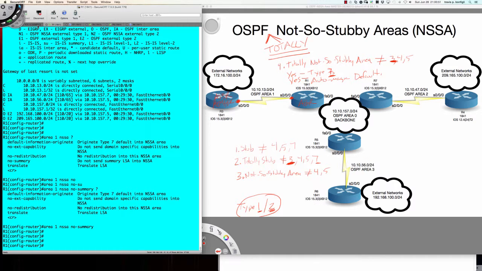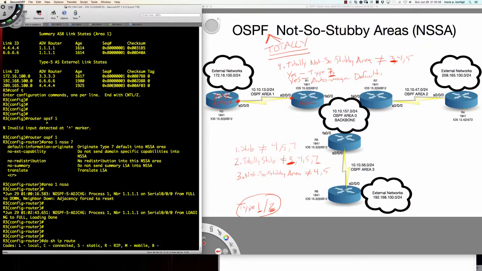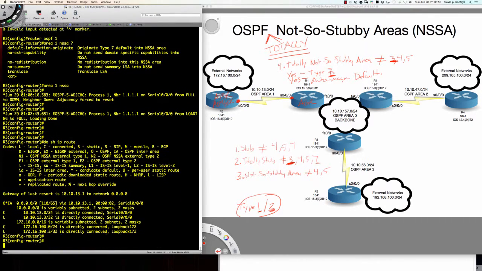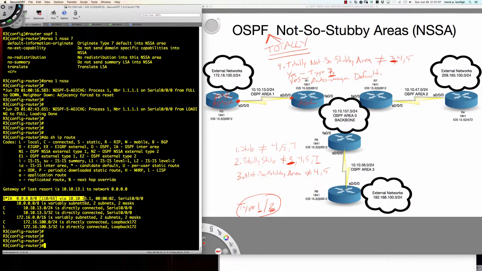And then we're going to see that the adjacency is going to come back up, and there we go. So now if I say do show IP route, let's see what we see here in our routing table. And take a look at that. So we have a totally not so stubby area. And what is the only OSPF route that he sees right now? So again, automagically he's being given a type 3 inter-area default route. And that is the only route that he's allowed to see. So again, he doesn't see the type 3, he doesn't see the type 4, he doesn't see the type 5,